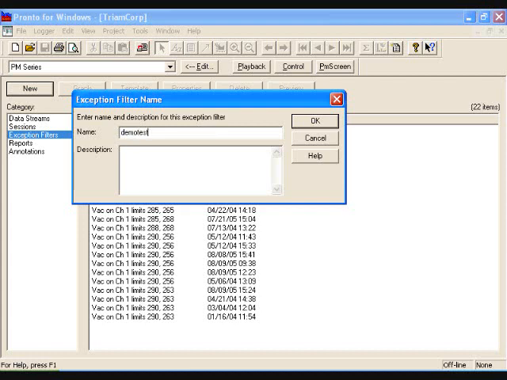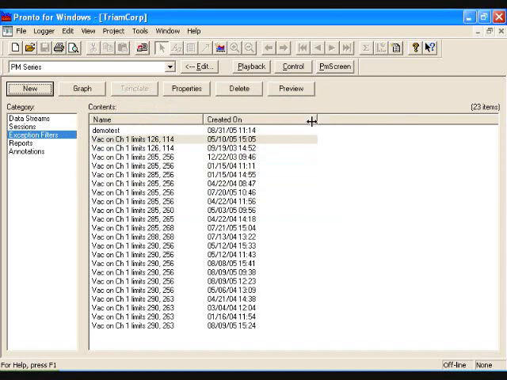demo test. And we say OK. It rechecks it, and now you can see demo test has appeared. Here are a bunch of other exception filter reports that were done on this before. But we're going to click and highlight demo test, and then we go over here to our preview button and